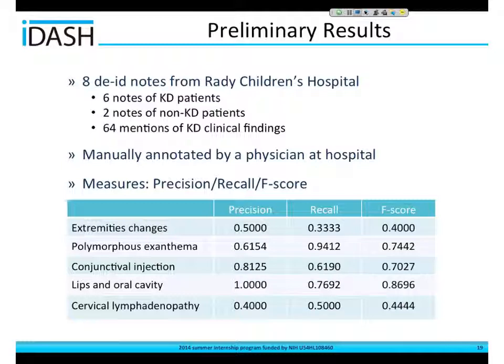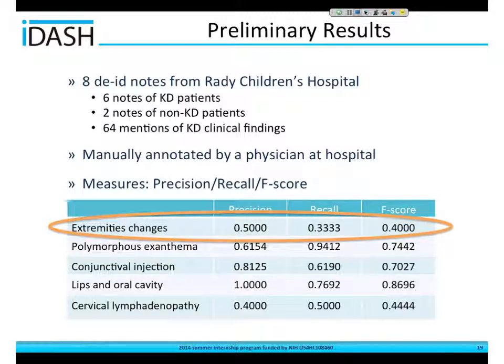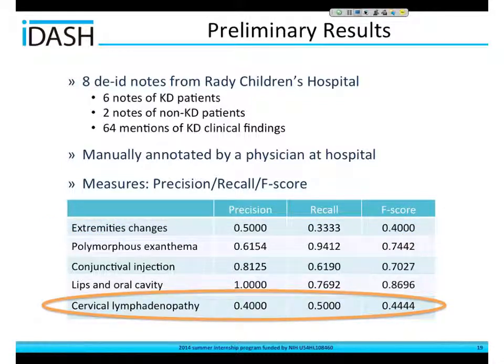From the table, we can see that polymorphous exanthem is 0.74, conjunctival injection is 0.7, lips and oral cavity is 0.87, and extremity changes and cervical lymphadenopathy are a little low. So we looked back at the data, and we found there are a lot of false negatives in extremity changes, which means they are KD symptoms, but the system failed to identify them due to synonyms. And as for the cervical lymphadenopathy, we found a lot of